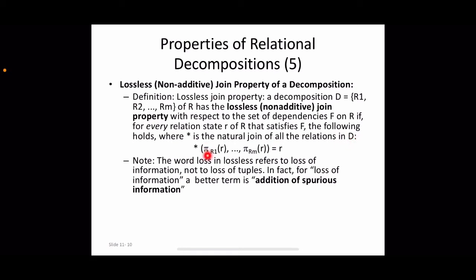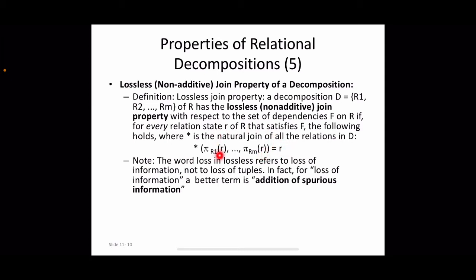That is, corresponding to each sub-relation Ri, we have a state, right? State is denoted by small r. So corresponding to each one we have a state, and if we take the natural join of all these states together, that should be the same as the state of the universal relation R. So no spurious tuples should be generated.